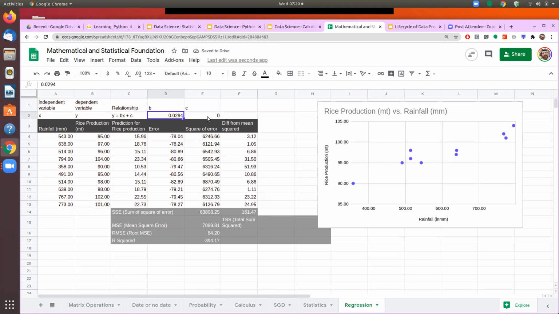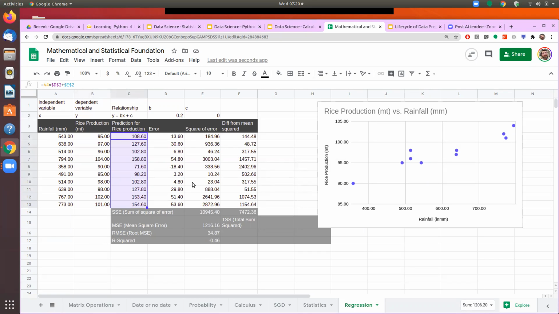So if I keep the constant at 0, and to me, if we just visually see, if it is 500, the value is around 100. So I'll try with the b value of 0.20. Let's see what happens. If I keep this as 0.20, this is the prediction we get.